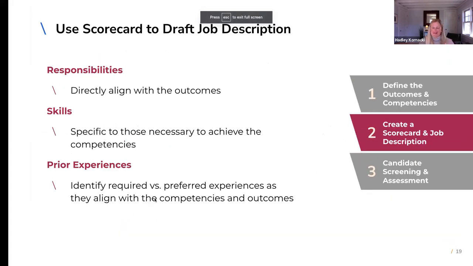So once you've created the scorecard, you can see here, like Jonathan said, we're sort of backward planning. Now that you've created the scorecard, you can create the draft job description. A lot of times when one has an opening, they think about what's a job description that I've seen before that looks really good, or what's a template that I can use, or even these days, ChatGPT is out there and can write a job